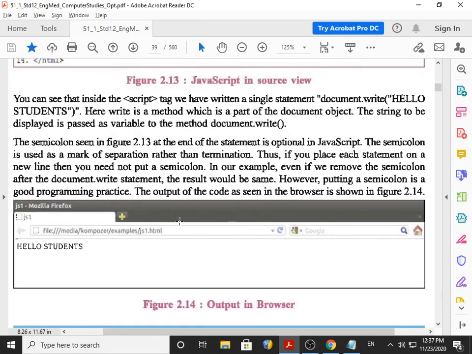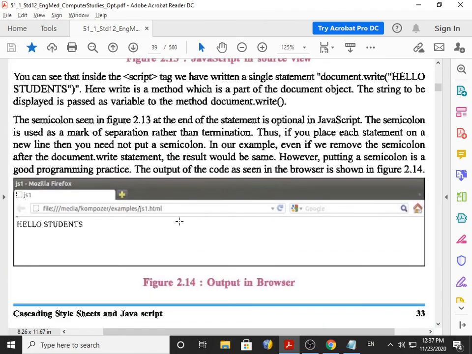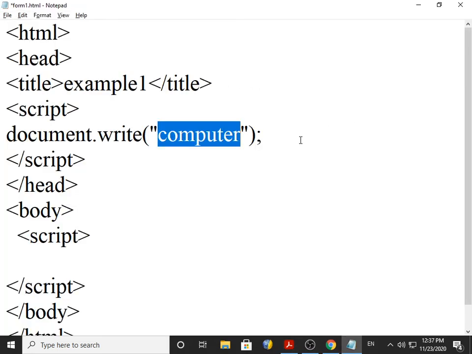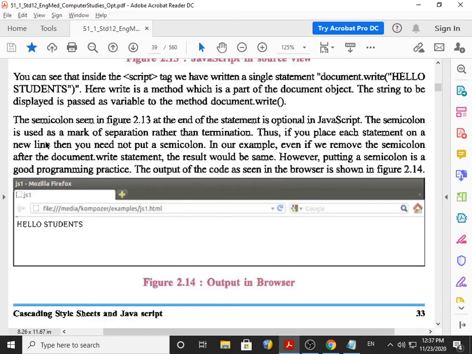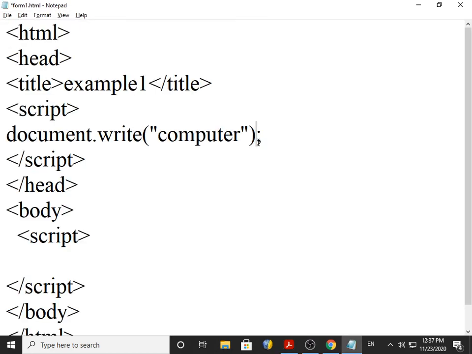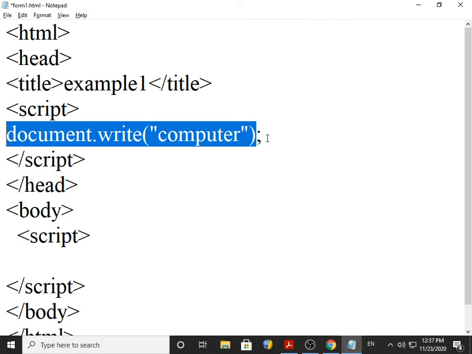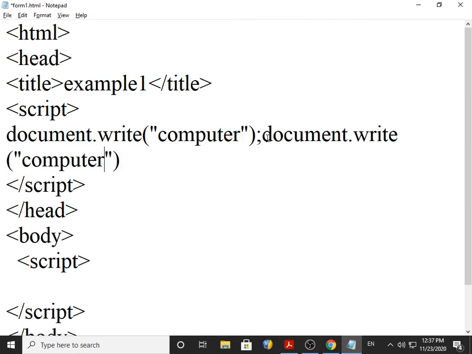Now, the next part is the semicolon at the end of the statement, which is optional in JavaScript. This semicolon is optional. The semicolon is used as a mark of separation rather than termination. It does not indicate that the sentence is over, but it indicates that these two sentences are separate.